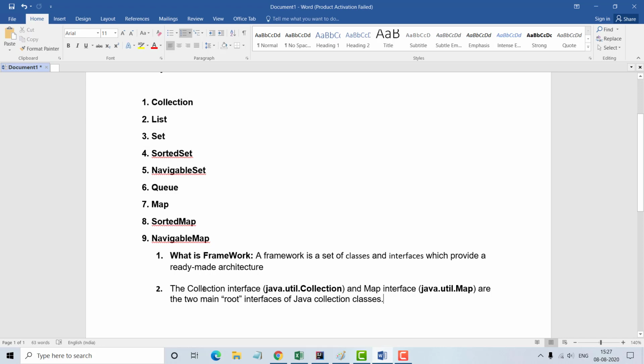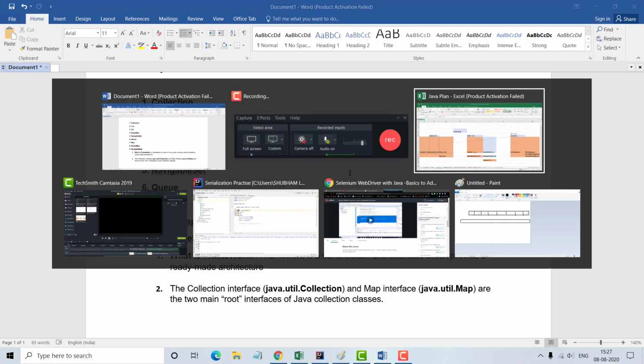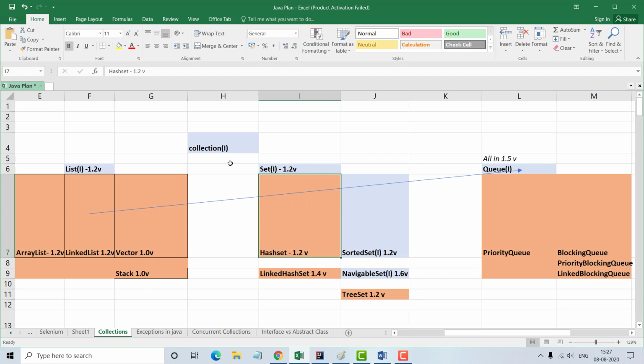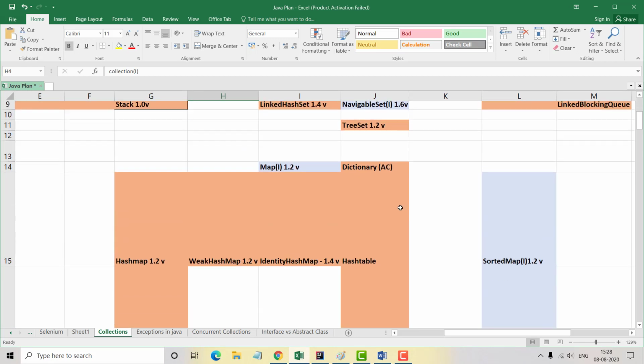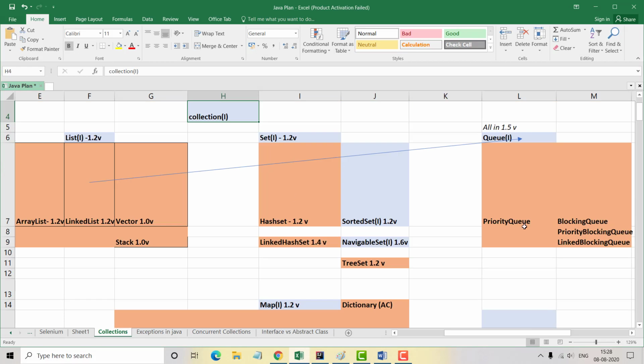But the collection interface is the root interface in this collection framework, and the map interface is a part of the collection framework, but its root interface is not the collection interface. As you can see from this diagram which I have drawn, the collection interface is the parent or root interface, and list, set, and queue are the child interfaces of the collection interface.